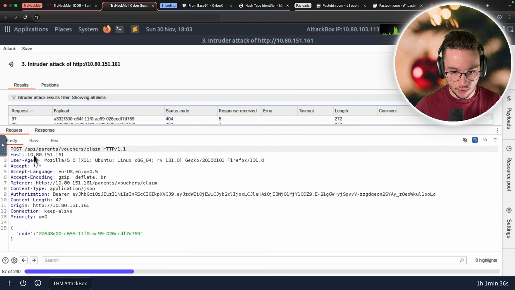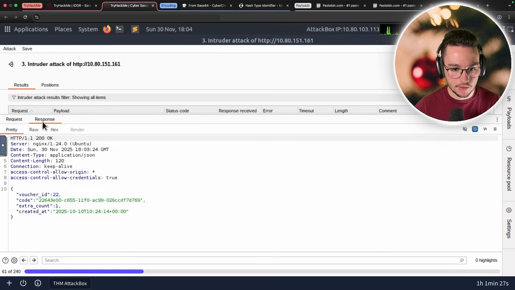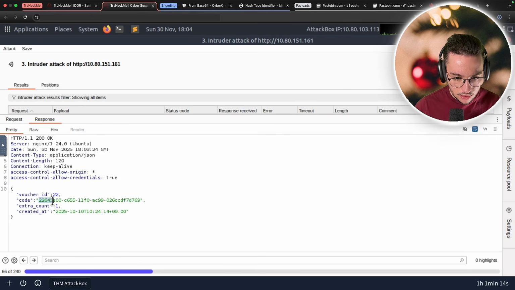So there is this request that we did. We provided this voucher. If we go here to the red, it's the one that is right here on the payload. And let me check the response. Boom. It's okay, as you can see here on the top. So this was the voucher that actually was legit. So I can see that it starts with 22643E00C655,